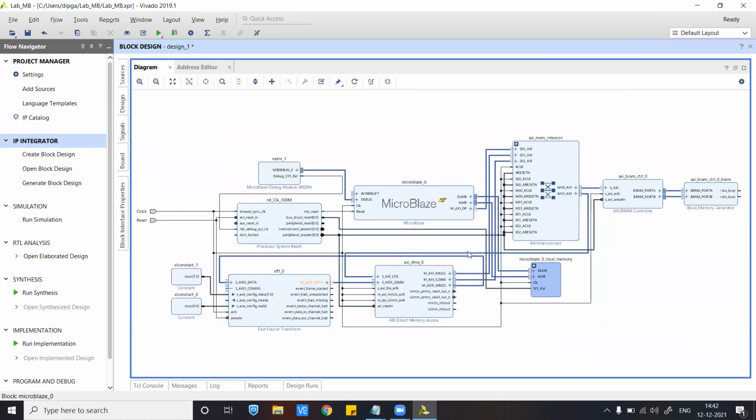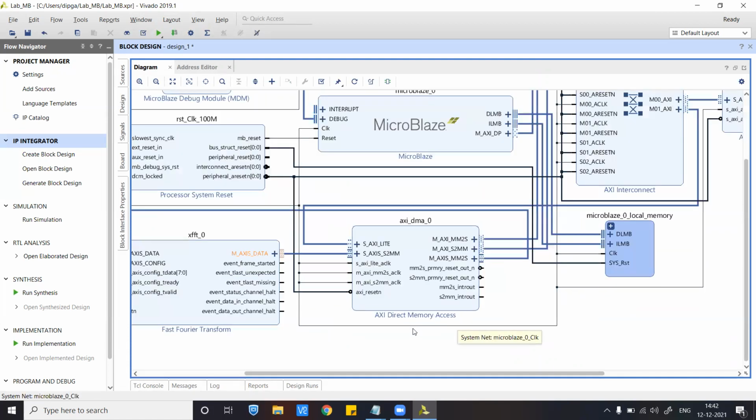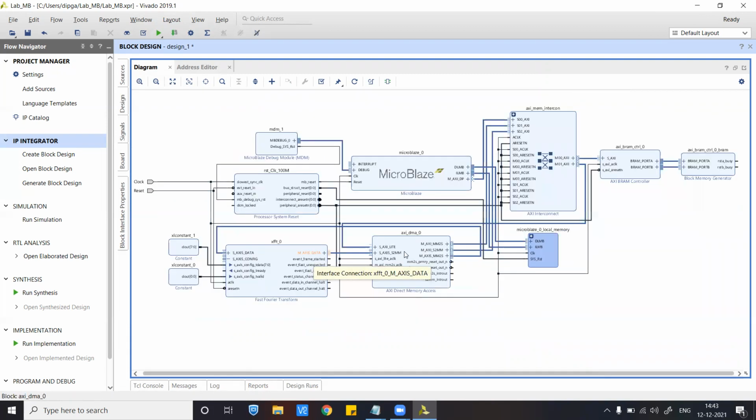So let me regenerate the layout. Finally, this looks something like this. What will happen is, through the MicroBlaze IP, through the interconnect, I will be sending some data to the BRAM. We will be storing some input data to the BRAM.